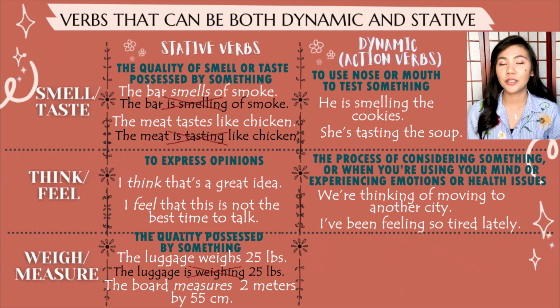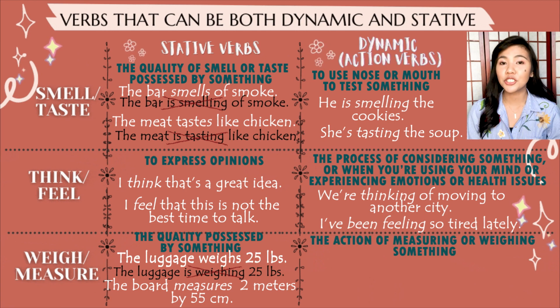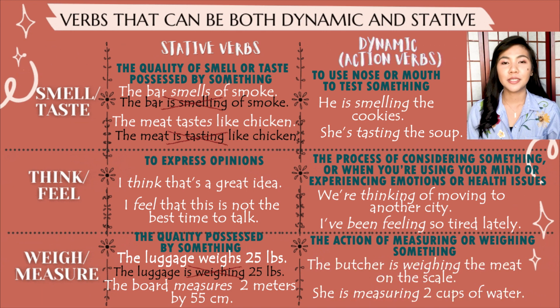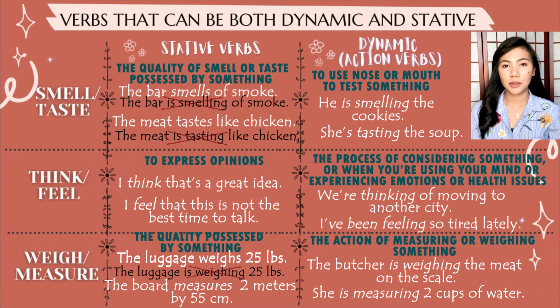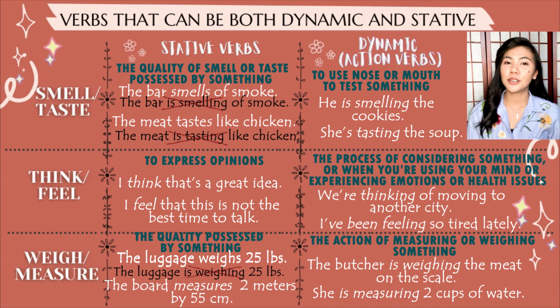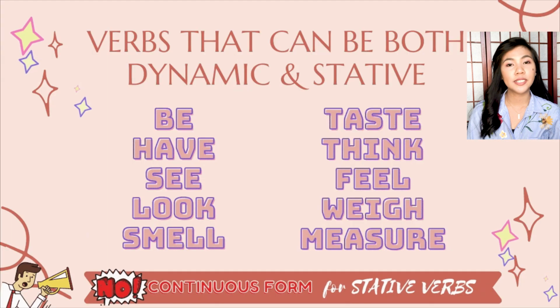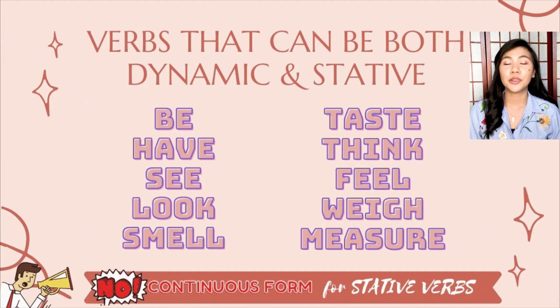Now we can use these verbs as action verbs, when performing an action of measuring or weighing something. For example, the butcher is weighing the meat on the scale. She is measuring 2 cups of water. So these are the verbs that you may use as dynamic or stative. Just always remember that we don't use the continuous forms in any of these stative verbs unless we use them as action